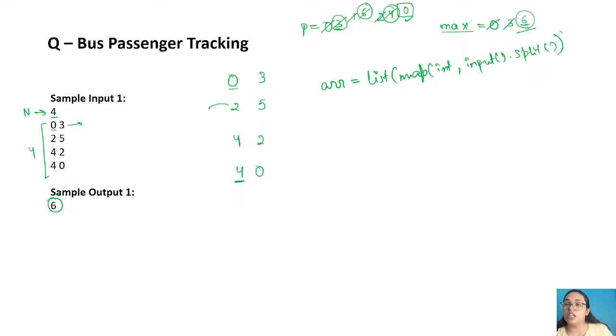This is what we do. So what it does is, it splits the input, it maps all the inputs in an integer data type, or the data type you want, and then whatever the values you're having, let's say you have 1, 2, 3, right? So all the three numbers are split, all of them are considered to be numbers, because you have mentioned that they are of integer data type, right? So 1 will be in int, 2 will be in int, 3 will be in int.